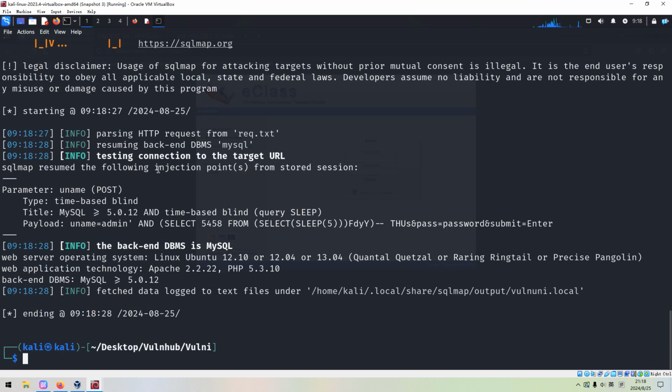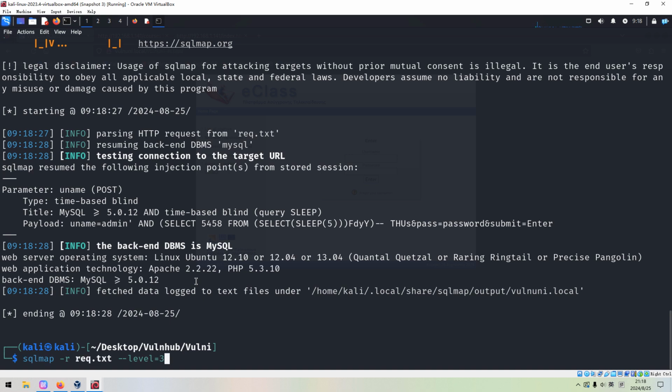Because I've already done this SQL injection testing earlier, when we run the test a second time, it will finish very quickly. Anyway, from the output we can tell that the target is vulnerable to SQL injection, and it has already identified the backend DBMS as MySQL.